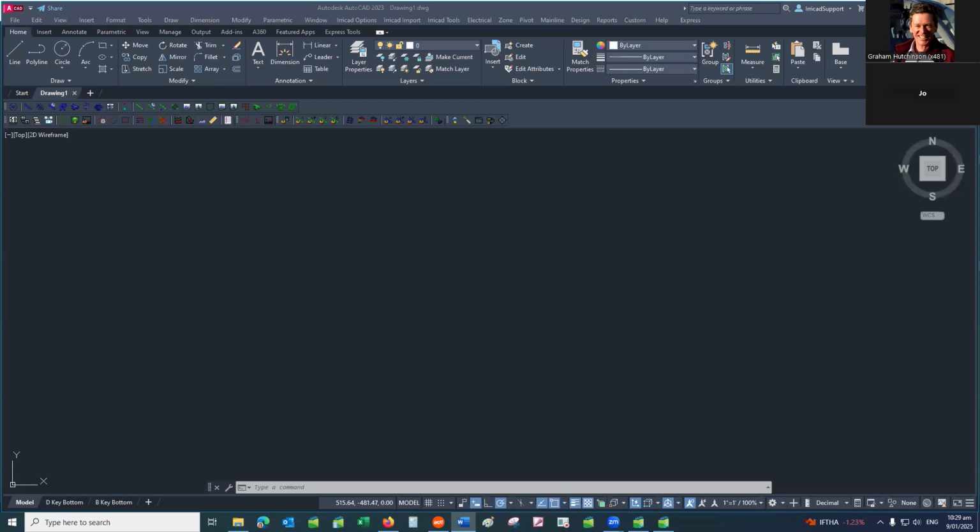So hello again, everyone. And today we're going to be looking at plot layouts in Irricad Link. Now, Irricad Link uses the inbuilt AutoCAD and BricsCAD method of viewports into the model space. And